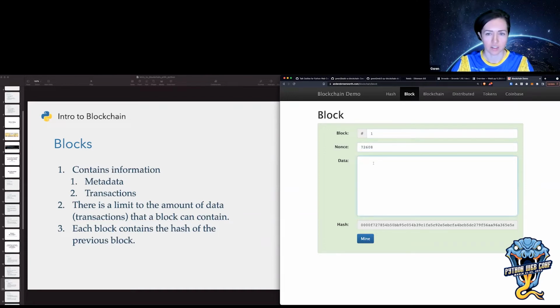And then we have data, which is the real body of the block where all the information is kept. Usually this will be in the form of transactions. So transactions sent from one blockchain address to another, or from one blockchain address to the blockchain itself, will be contained here, and a whole bunch of transactions will pile up in this data section of the block.